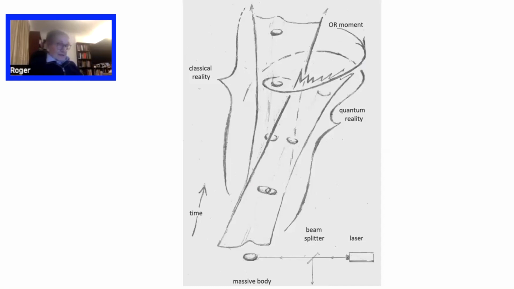At the bottom, I'm imagining a laser emitting a high-energy photon. This photon encounters a beam splitter, or half-silvered mirror or something, which means that the state of that photon is a superposition of being transmitted horizontally and being reflected vertically downwards. If it's transmitted vertically, it hits a lump of material. It's a very high-energy photon, so it gives it a good whack.